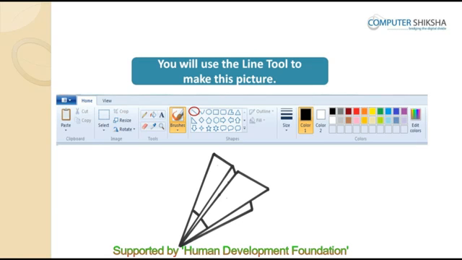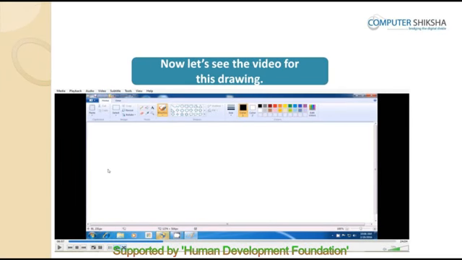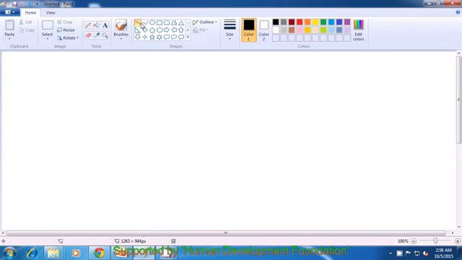So now, as usual, let us watch this video carefully and learn how to make this type of picture. To make this drawing, firstly select the line tool. And now in the drawing sheet, make a line by dragging. Similarly, you can use this dragging technique to draw a second line, as is being shown in the video. From here till here. Remember that after each line, you should go away from the drawing and click to remove the dots. We have joined the last two lines.